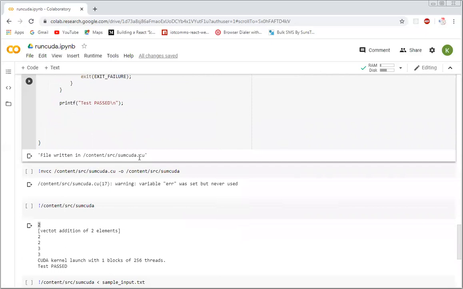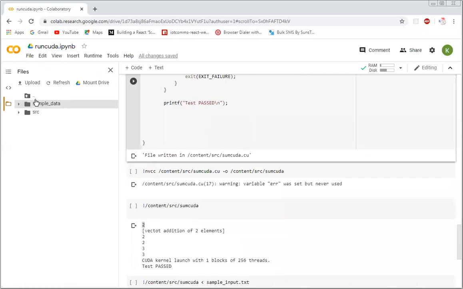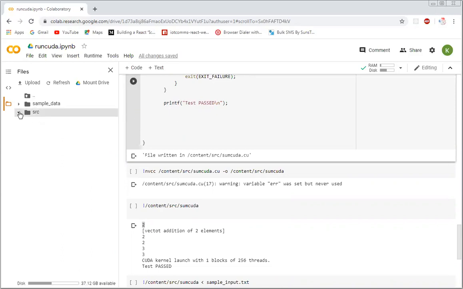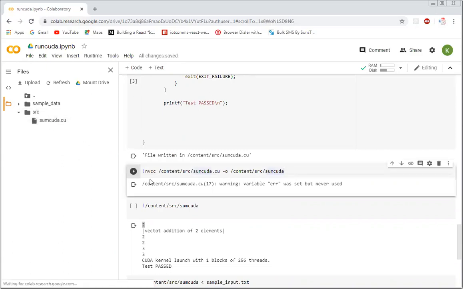This has been saved in our source content. Now we have to compile this and store it here as some CUDA.